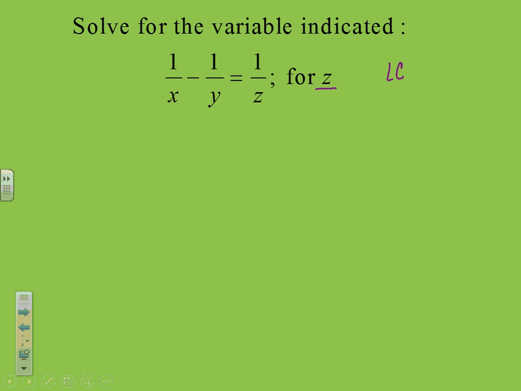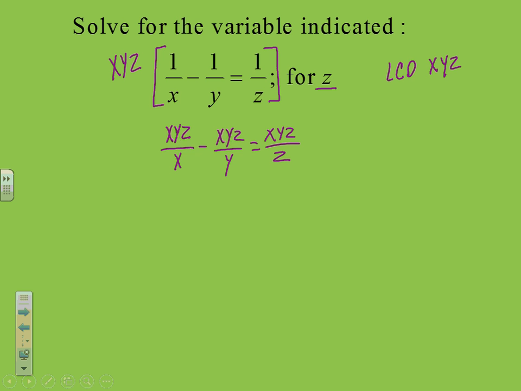So the lowest common denominator for this particular problem, since all three terms are different, they all have to be multiplied together, so the lowest common denominator is xyz. All three terms are multiplied together. So let's put that in parentheses or brackets, whatever you want to call them, and multiply xyz. Now, this one's not going to be bad if we just multiply everything through. So I'm going to have xyz over x minus xyz over y